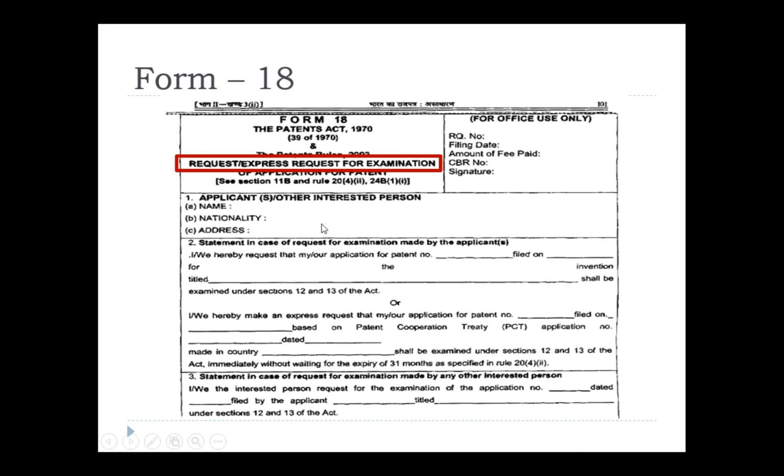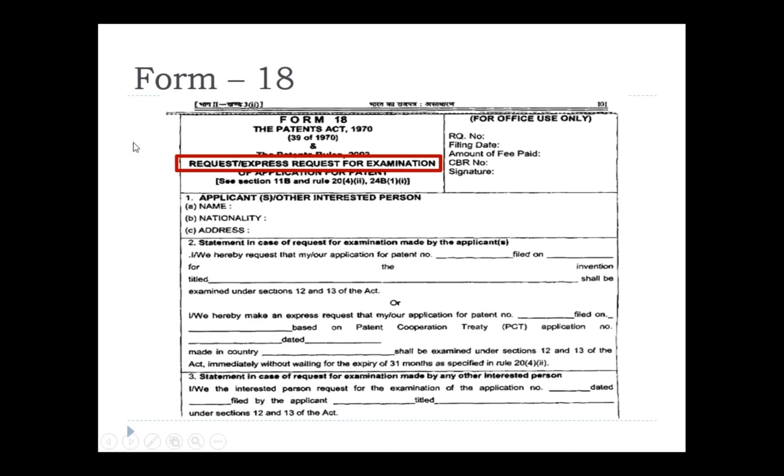For example, there are 4 or 5 applicants. Among those 5 applicants, 1 or 2 are women applicants. Assume in that case, based on them you can go ahead and file it as a request for examination, that is express request for examination. You can speed up your examination process.